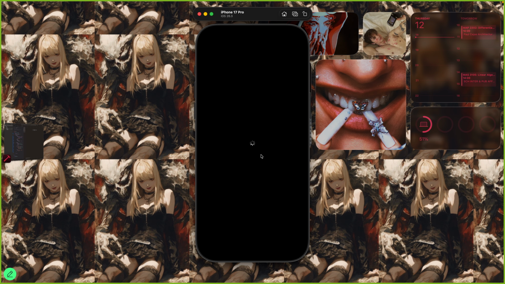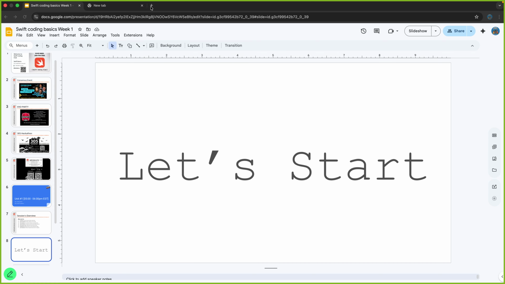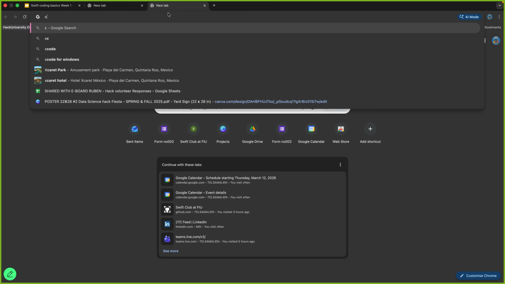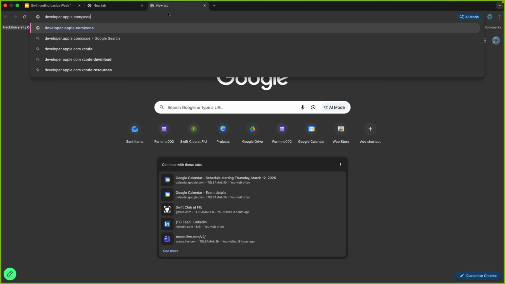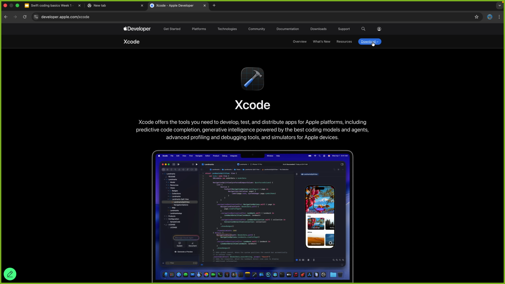There you go, it's loading right now. Meanwhile, I do want to recommend you download Xcode if you don't have it already. While it's loading, I'm going to show you real quick where you can do that. If you go to developer.apple.com/Xcode, you're going to be able to download it.